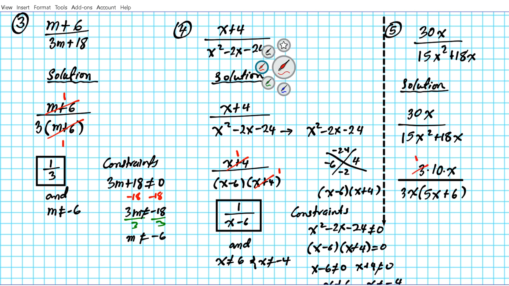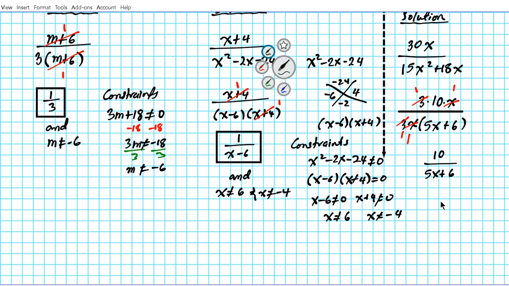3 is common, divide that out. x is common, divide that out. So the simplified form for question number 5 is 10 over 5x plus 6. Okay? All right, so for this one, we also have to figure out what the constraints are